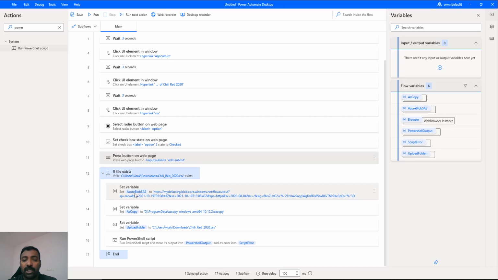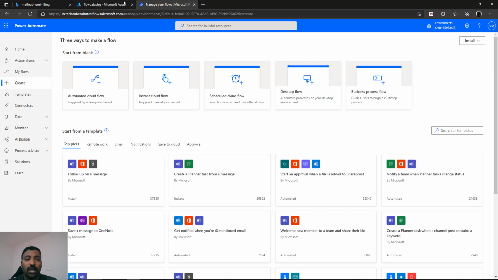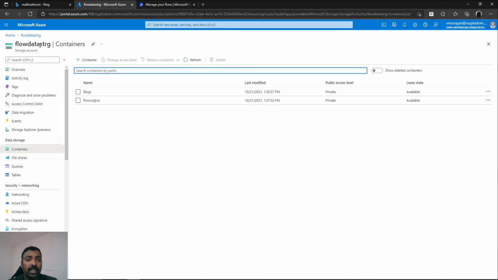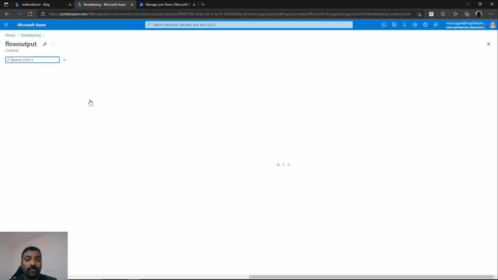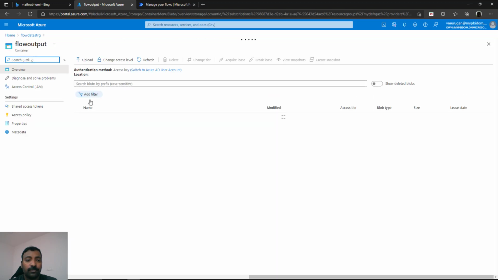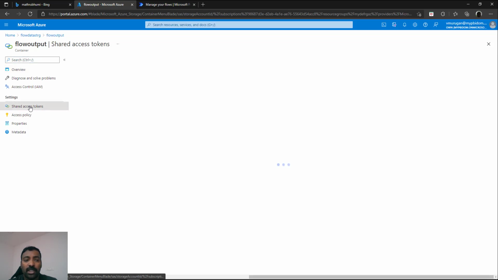The first one is called Azure Blob SAS, the second one will be the AZ copy, and the third one will be the upload folder. For the Azure Blob SAS, we will pass the full HTTPS URL for our Azure Blob Storage. You can obtain this by going to your Azure portal, going inside your container, and inside that you have set a folder for flow output, and inside that you have something known as shared access token. So you can click on shared access token,